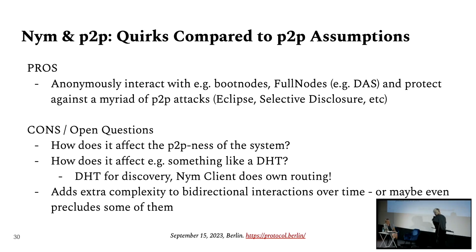Yeah, exactly. So why is that actually practically important as opposed to just being an abstract privacy ideal? There's a whole set of attacks that are particular to peer-to-peer systems, right? Where the peer-to-peer system itself is assuming or relying on the fact that you start building up this larger view of the network around you, right? And because all nodes are not created equal in these peer-to-peer systems, based on their functionality, maybe we're talking about boot nodes, or in the case of Celestia, we're talking about full nodes that are,